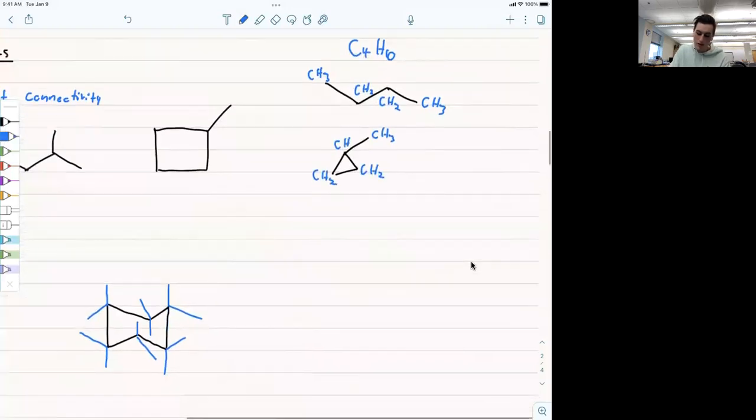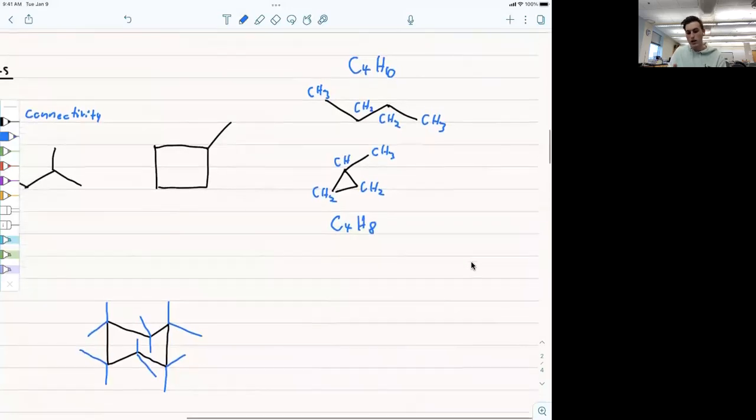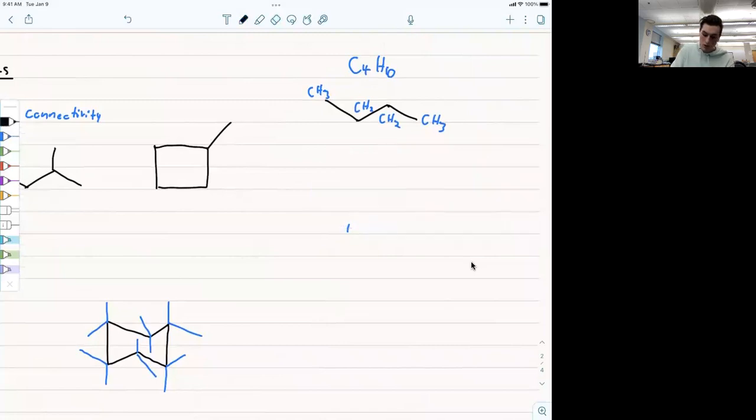So here I have C4, and then 2, 4, 5, 6, 7, 8. Here I just have 8 hydrogens. So C4H8 is not going to be the same as this. So these are not constitutional isomers. They're a different molecule. However, if I did have this molecule,